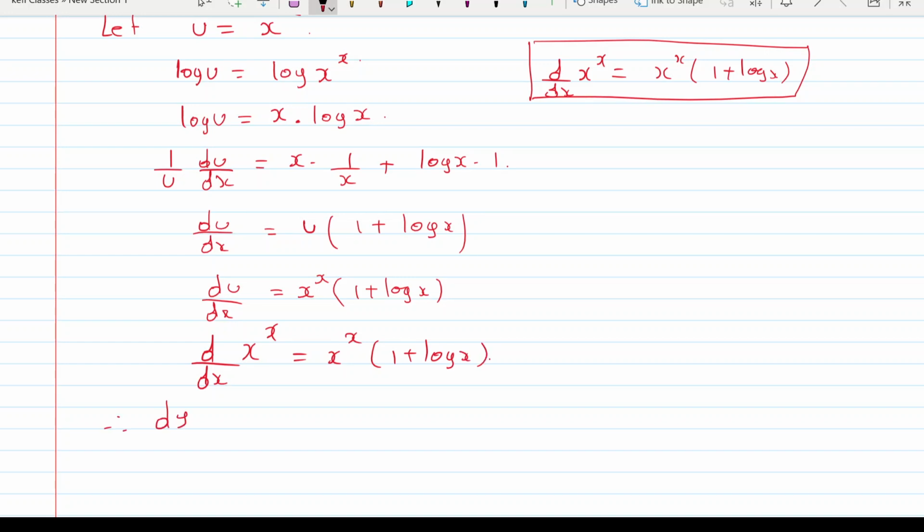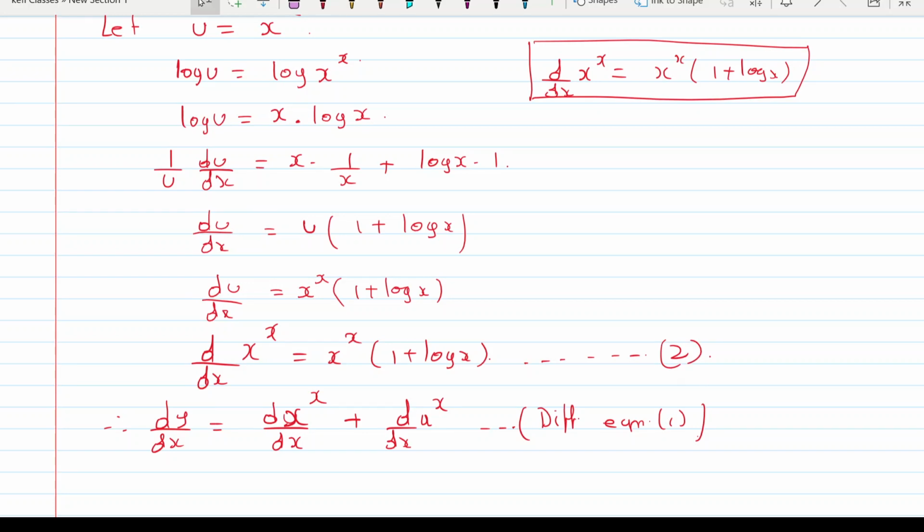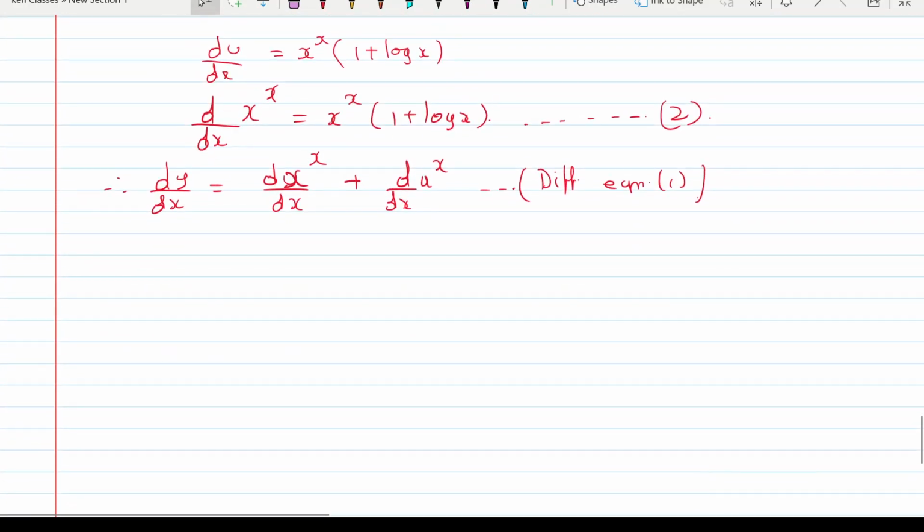So therefore dy by dx is equal to du by dx, yeah, d by dx of x raised to x plus d by dx of a raised to x, and the reason for this is differentiating equation 1. जो इक्वेशन 1 दिया था हमको y is equal to x raised to x plus a raised to x, उसको डिफरेंशिएट कर रहे हैं, ओके। एंड ये जो आंसर आया है इधर, इसको इक्वेशन 2 बोल रहे हैं, राइट। सो नाउ जस्ट सब्स्टिट्यूट करना है, दैट्स ऑल, प्रॉब्लम इज डन। d by dx of x raised to x कितना है, x raised to x into 1 plus log x, this is by equation 2, and d by dx of a raised to x is a raised to x log a, so by 2, okay, ये हो गया। So that's the answer, finished. dy by dx is this, हो गया, खत्म,